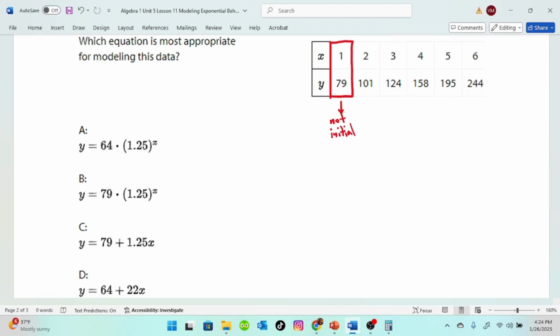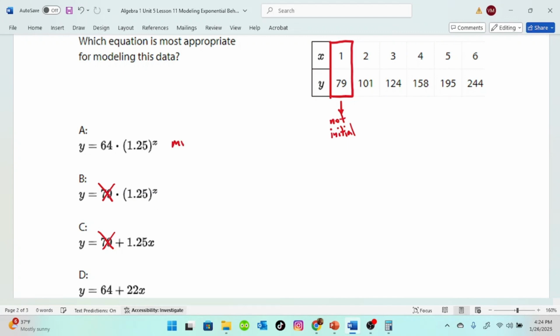This is the amount when x is 1, not when x is 0. So right now, I know that it can't be choice B, and I know that it can't be choice C, because they both say that the starting amount is 79. So now the only question is,